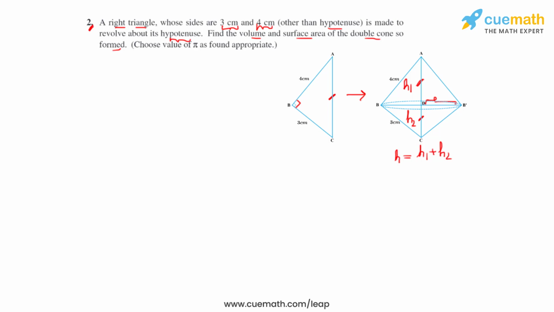So we'll start by finding the value of the hypotenuse AC, which will be equal to under root 4 square plus 3 square, that is 16 plus 9, which equals 25, and so we get the length of the hypotenuse as 5